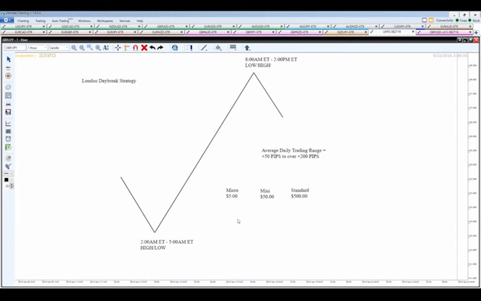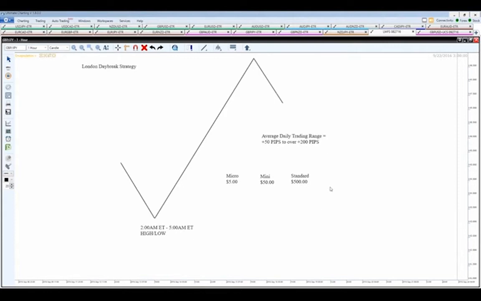Now, the reason we're looking for this directional movement is it's been found that during the European session, the banks are processing the largest bulk of the foreign transactions. And so what ends up happening is it provides a huge injection. There's this directional movement that comes off of it. So I'm going to show you the trading strategy to help us capitalize off of this directional movement, to get in and get out of this market.